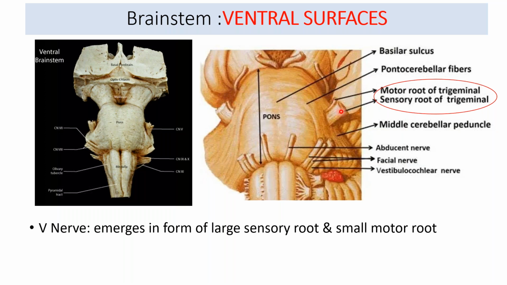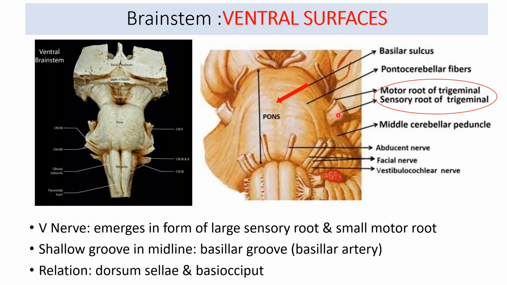Through these two roots, the trigeminal nerve emerges. There is a nucleus inside, the trigeminal nerve nucleus, but the point of emergence differs; the nucleus of the trigeminal was still in the medulla, as you had seen. So the nucleus is quite extensive. The emerging point is through this junction of the pons and the middle cerebellar peduncle, and it emerges with a smaller motor root and a larger sensory root.